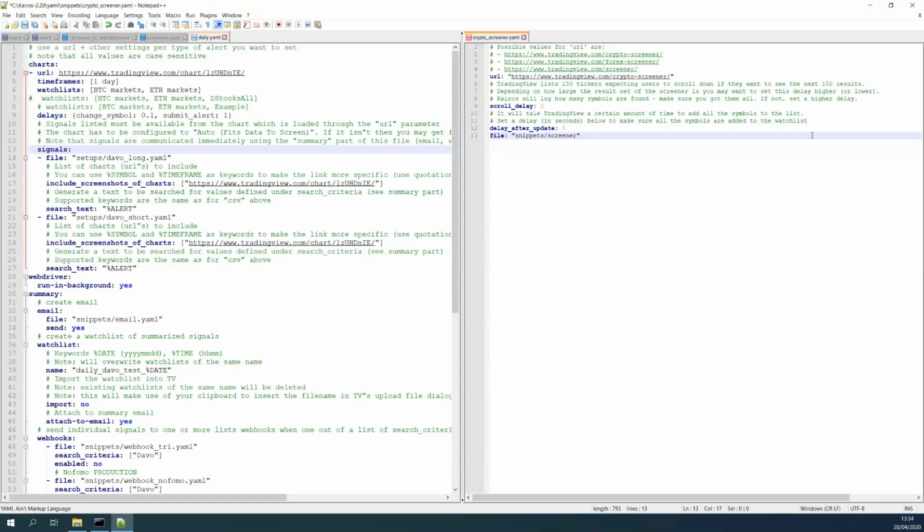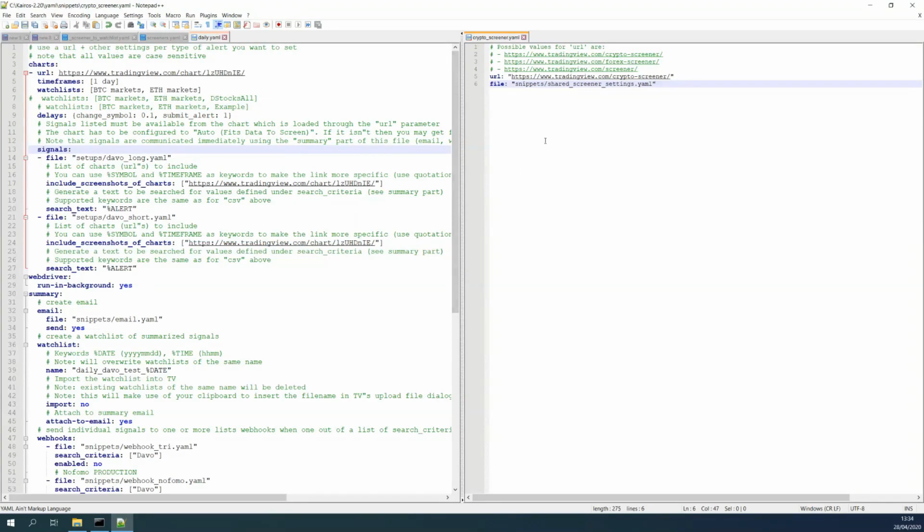I don't know, common screener or something. Common screener YAML or shared screener, shared screener settings.yaml, right? And then I could remove this,